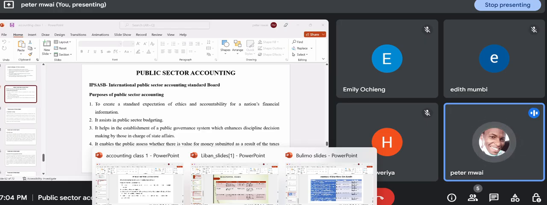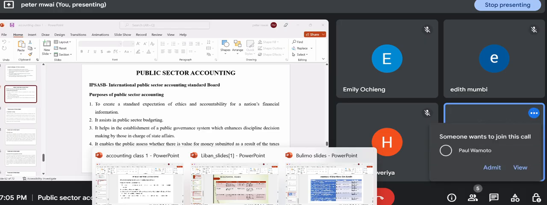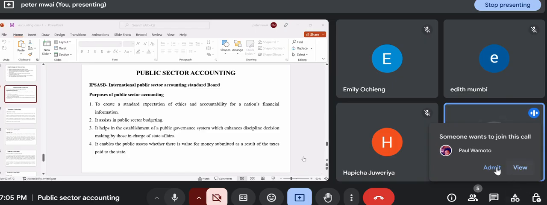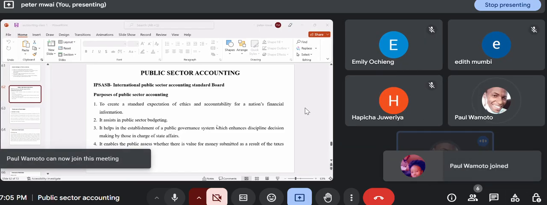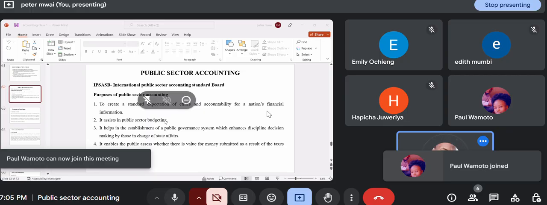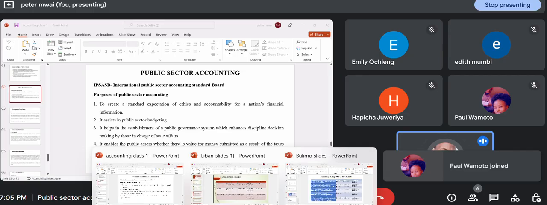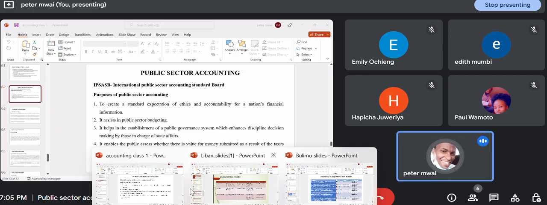Unlike the previous class where we did some calculation on ratio analysis, this class is purely theoretical, and that is public sector accounting. But later on, when you'll be doing public sector accounting in your intermediate level, you're going to do some calculation. But for the purposes of this class, it is purely theoretical,